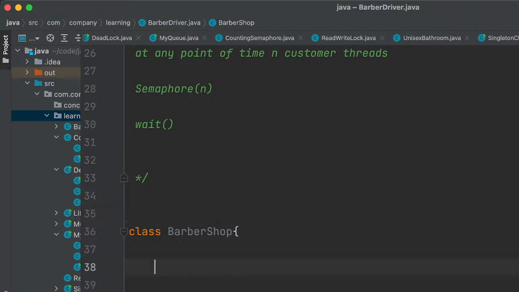We have n slots, right? So you can keep track of the count, like seats.